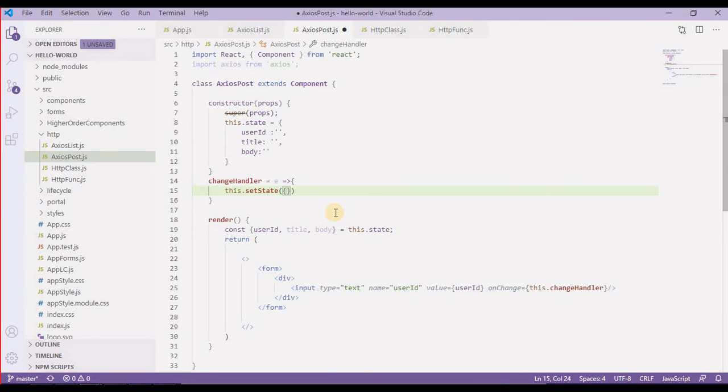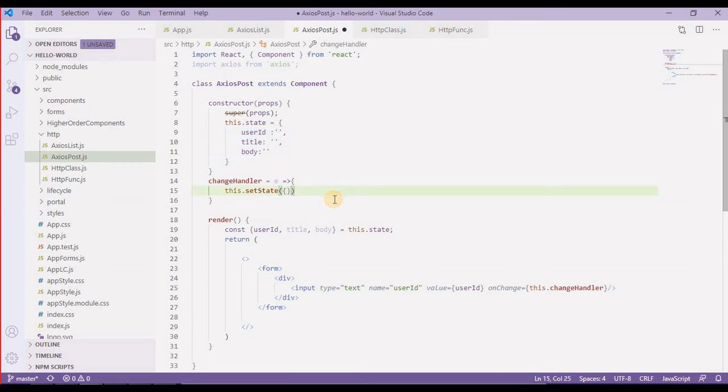So instead of writing a different change handler method for these three different items, I'm going to write one single change handler method which will dynamically take the key names of this state and replace the value with the onChange value.